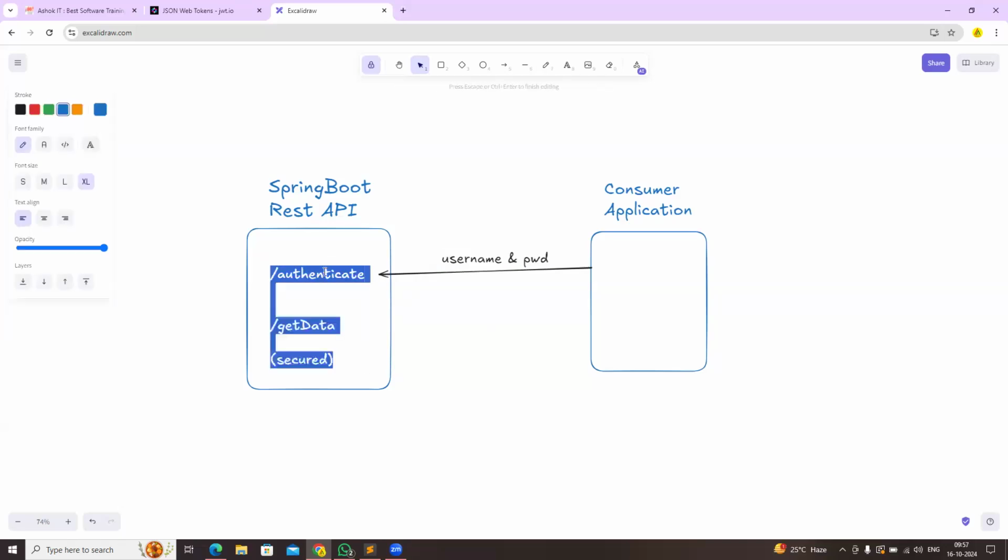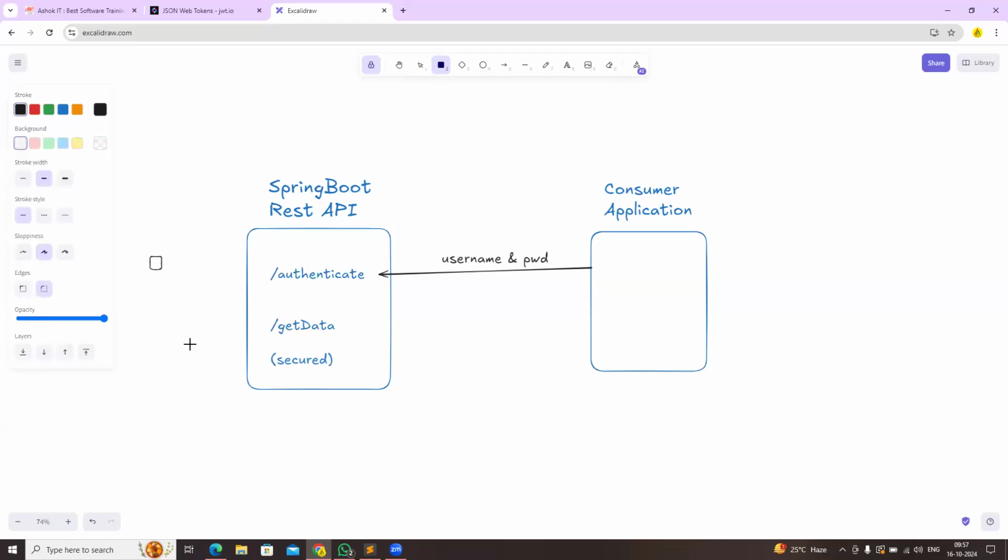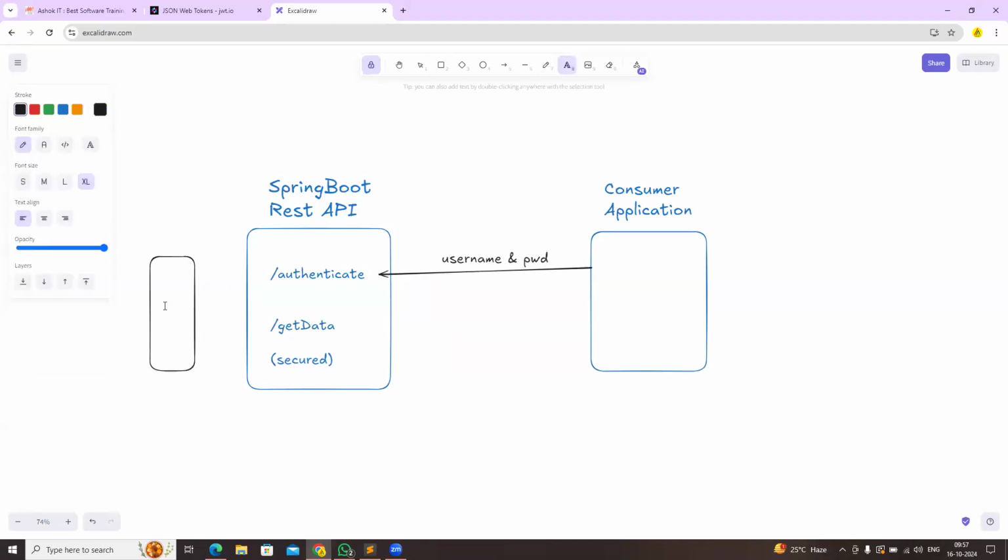Now this REST API authenticate method will validate whether the authentication credentials are valid or not. So there will be a database. Okay, it is going to verify whether the credentials are valid or not. If the credentials are valid, then this method is going to send the response to the consumer application. That response is a JWT token. So first the consumer application will send a request to the authenticate method with the given username and password. If that username and password is valid, then that method will generate one JWT token for the consumer and will